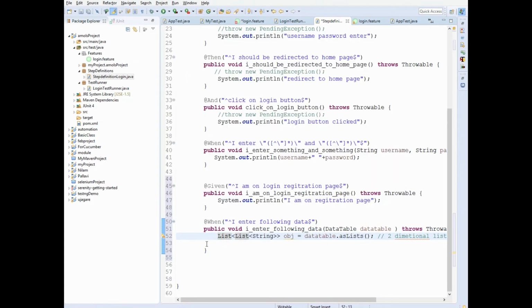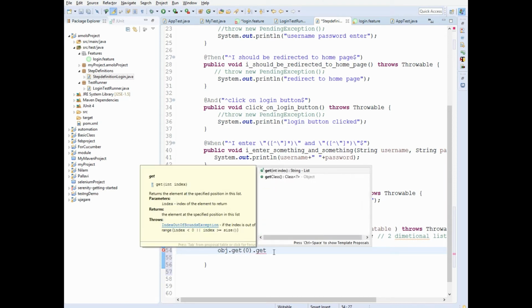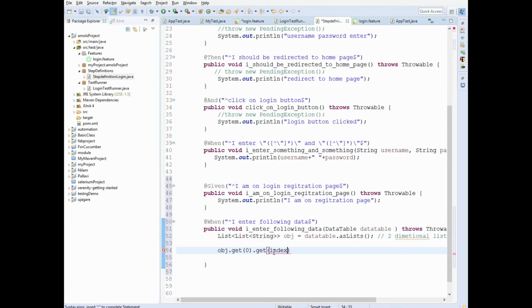So now obj.get, I will go for zeroth index. There is only one row, so I'll go to zeroth index only. Dot get of 0. This is first column. This is for row. This is for column. Zeroth row, zeroth column. I'll print this.